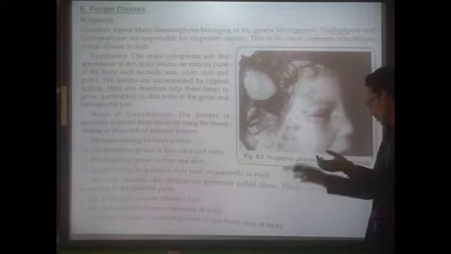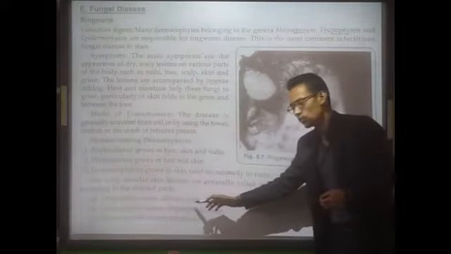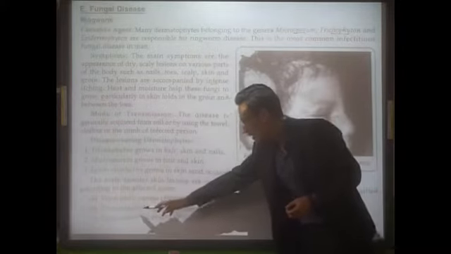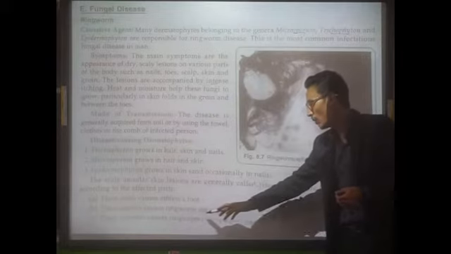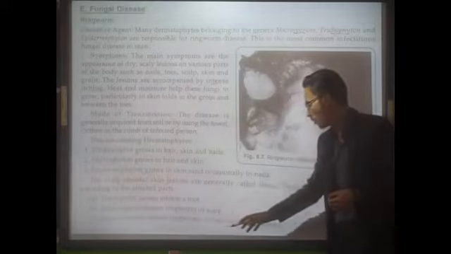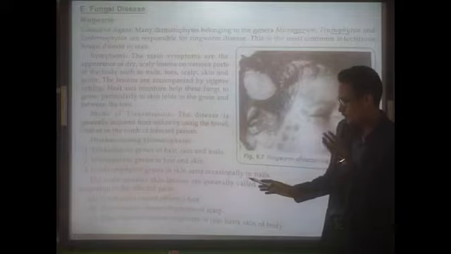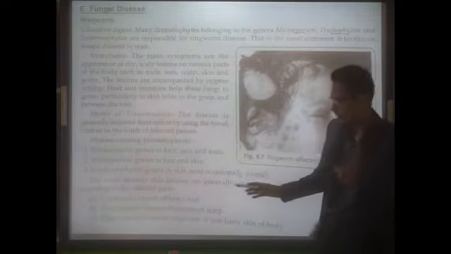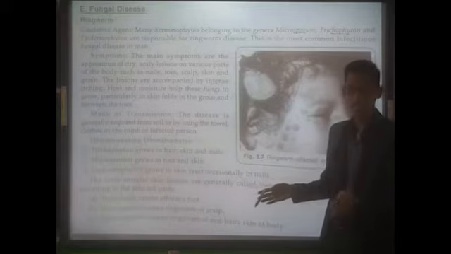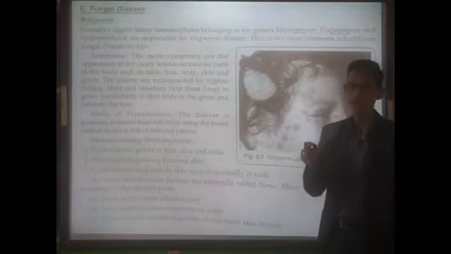Those lesions which occur in the form of annular skin types or ring-like structures are called tinea. These are divided into tinea pedis, also called athlete's foot. Then tinea capitis, which is called ringworm of the scalp area. Then tinea corporis, which is called ringworm of the non-hairy skin of the body. So can you remember the names of these tinea depending on the part of the body it infects? We have tinea pedis, athlete's foot; tinea capitis, ringworm of the scalp; and tinea corporis, ringworm of the non-hairy skin part of the body.